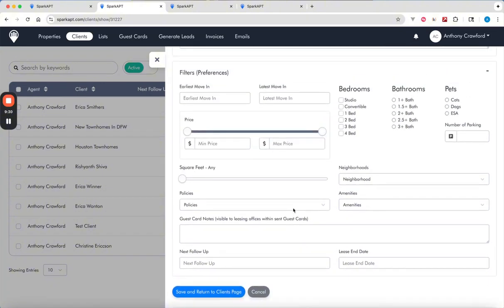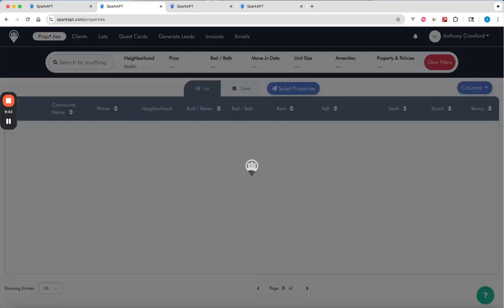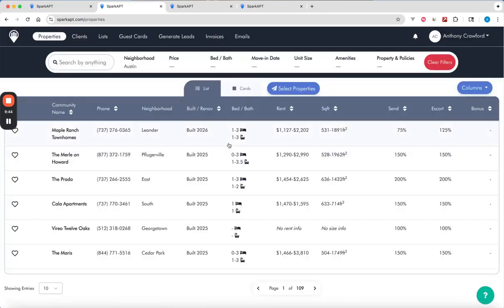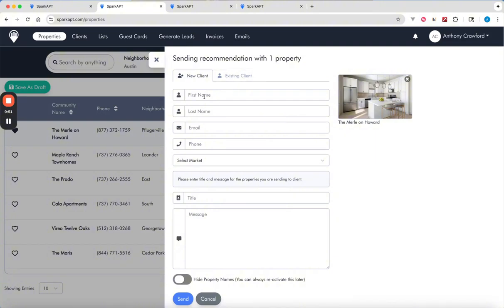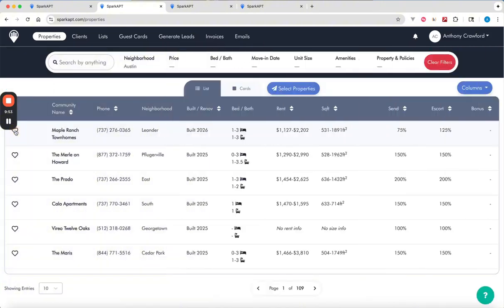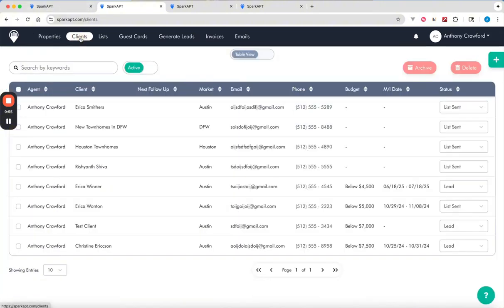So one cool thing here is it works both ways. If you start on the properties page, you can just start running a search without creating a client. Because what we did was we started here, had no client information. We just started right from the beginning. And then we sent that report, which created the new client. But the other way that you can do it is if you want to start with a client,